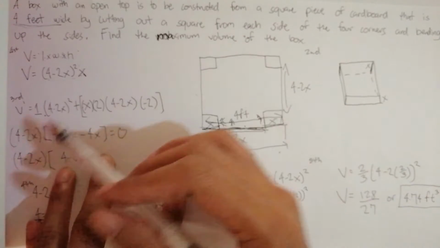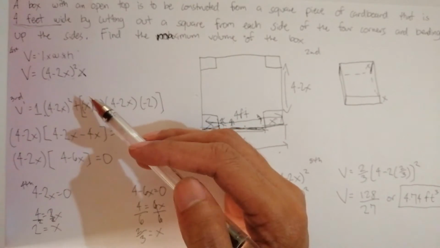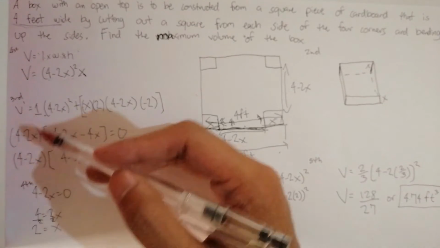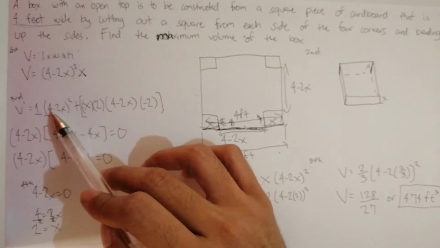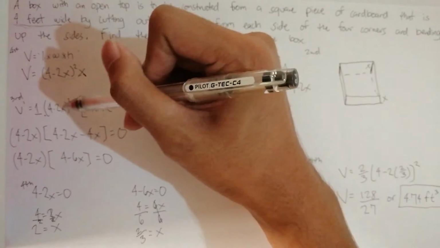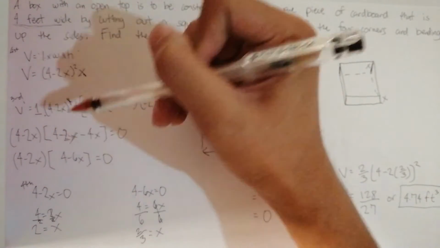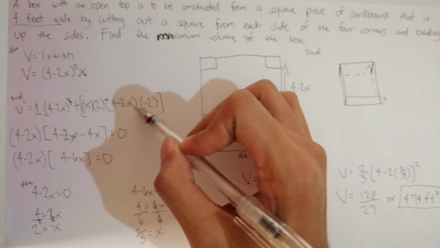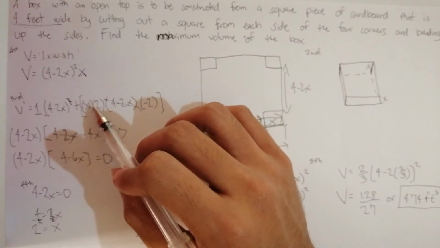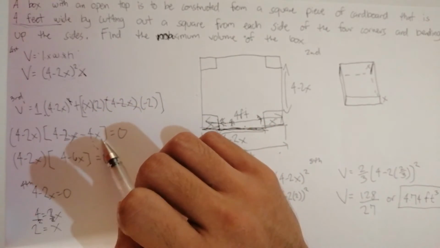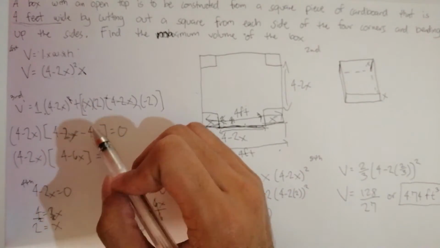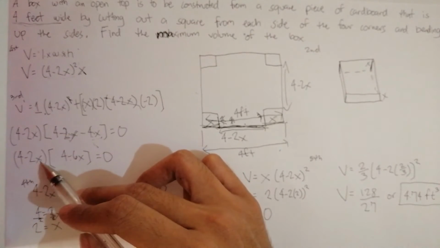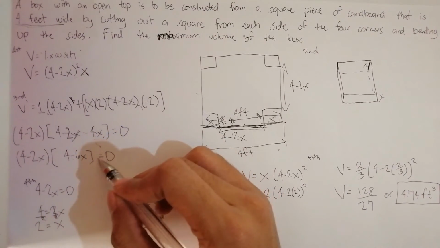This is the answer, and we get the GCF 4 minus 2x times 4 minus 2x, minus, and negative 2 times x is negative 4x. So combine like terms, the result will be 4 minus 6x times 4 minus 2x,